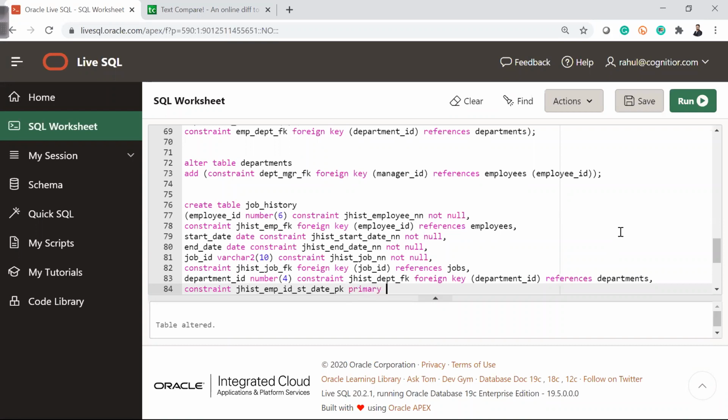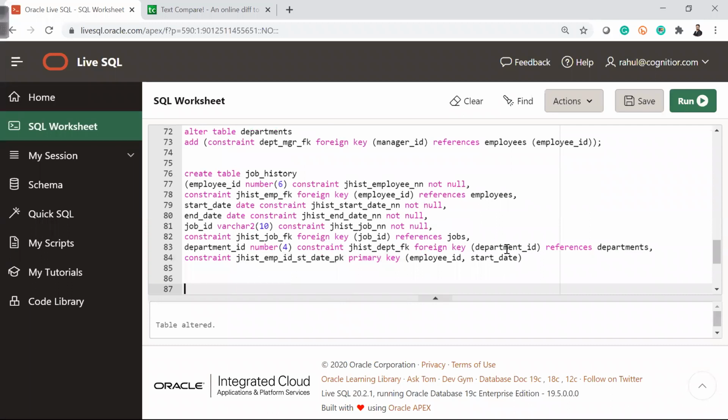primary key. Now here you see employee id comma start date. I am making the primary key based on two columns, right? So the combination of employee id and the start date should be unique, because it's a history table. There are chances that an employee id may have different entries.